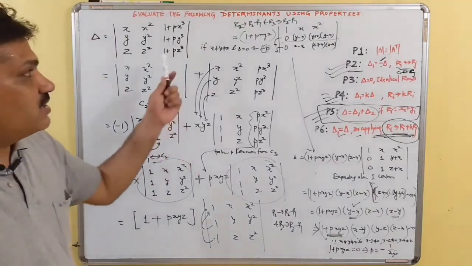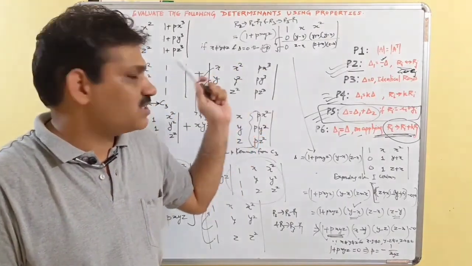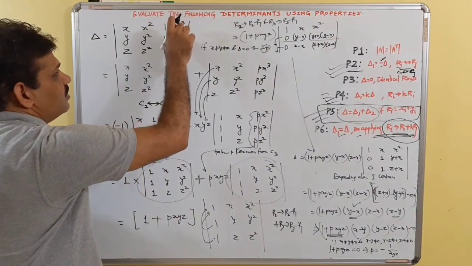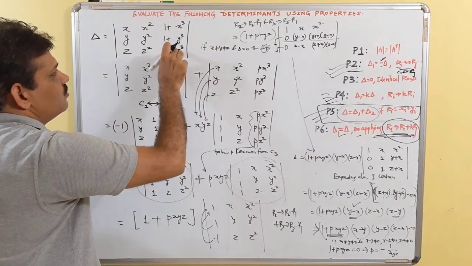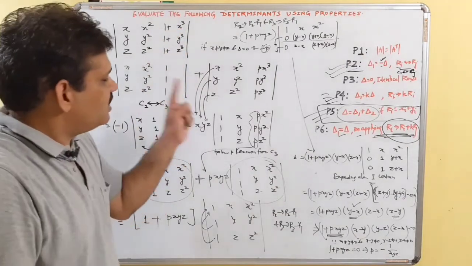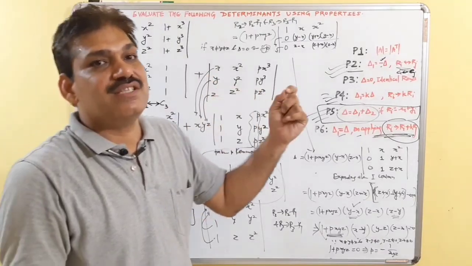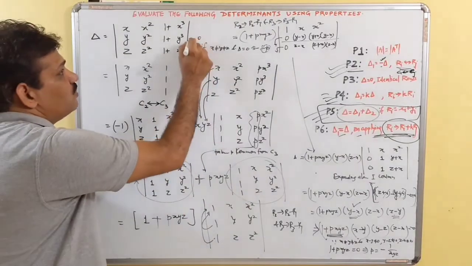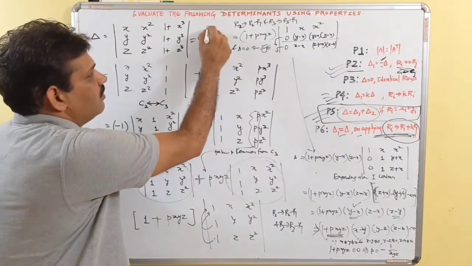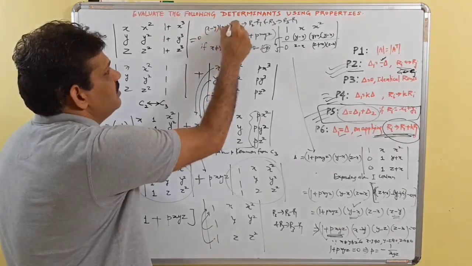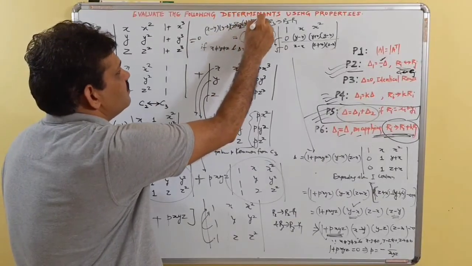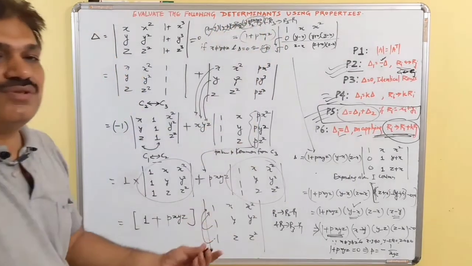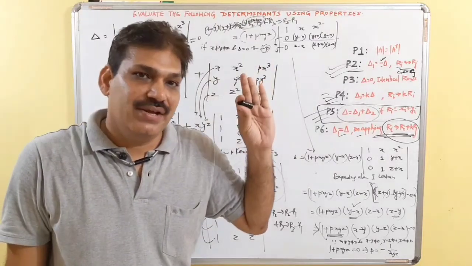And this is a question from the miscellaneous exercise, and a solved example also, where p is not given. So find the value of this. So p is equal to 1 actually. So the answer is (x minus y)(y minus z)(z minus x) into (1 plus pxyz). P is 1, so 1 plus xyz. And suppose if I say this is equal to 0, that means (x minus y)(y minus z)(z minus x) into (1 plus xyz) is equal to 0. If these are non-zeros, then 1 plus xyz must be 0. So the value of xyz is equal to minus 1.